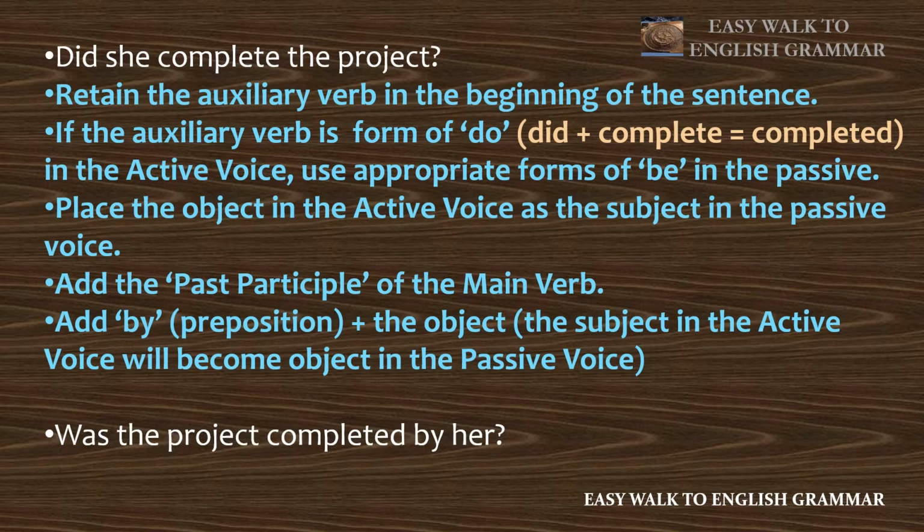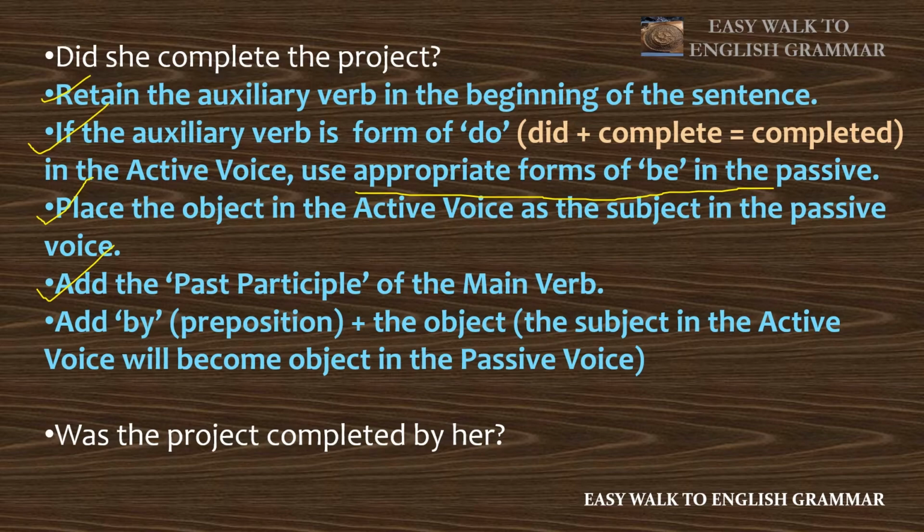Retain the auxiliary verb in the beginning of the sentence. If the auxiliary verb is the form of do, use the appropriate form of be in the passive voice. Here, place the object in the active voice as the subject in the passive voice. Add the past participle of the main verb